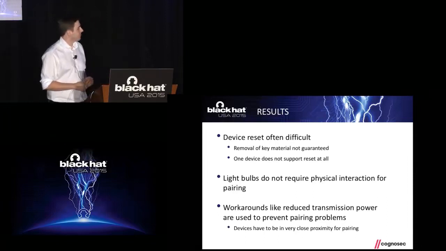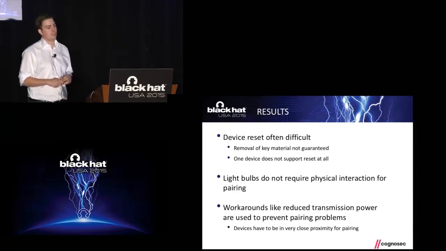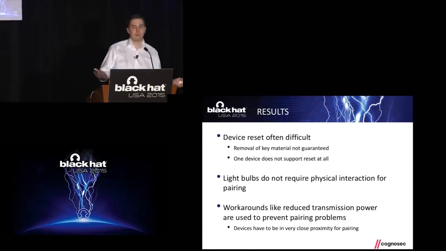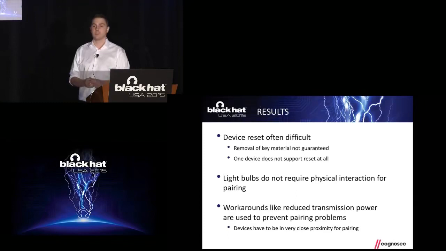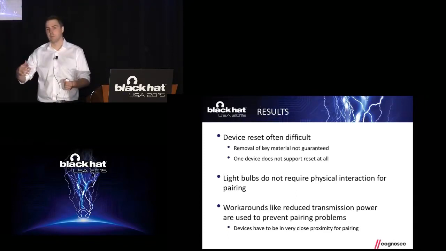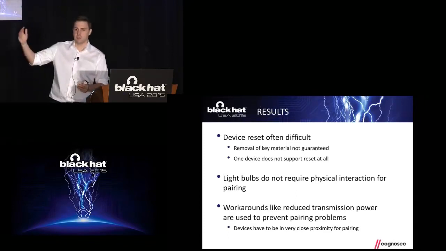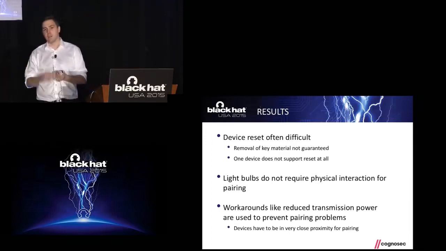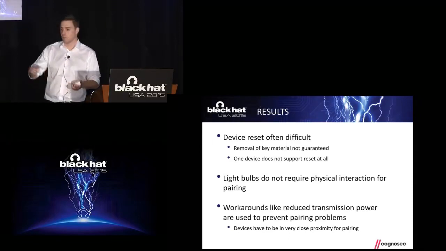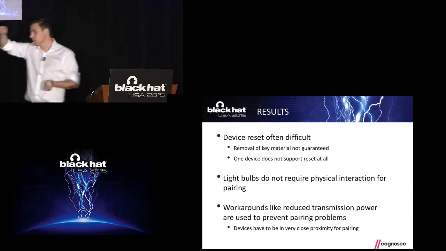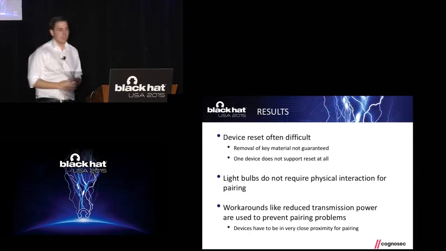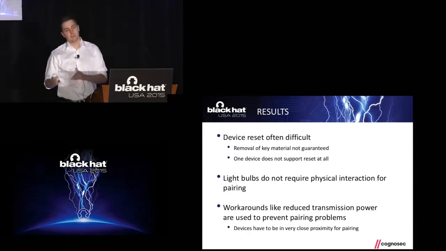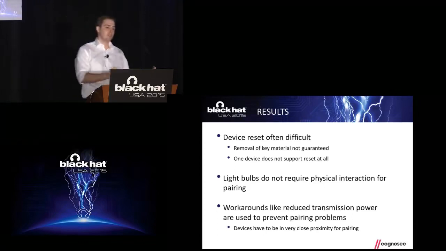What do vendors do? They apply workarounds like reduced transmission power to make sure that when two neighbors bought the same system, they don't steal the light bulbs from the other one all the time. So they reduce the transmission power of the hub for pairing, and you have to get in very close proximity to do the pairing. That's very annoying, because you have to have a power supply and Ethernet to do this. So we were heading out to our lights, the bulbs in the hand. It was very annoying. So that's also not very usable. But this way, you are sure that you're not stealing your neighbor's lights.